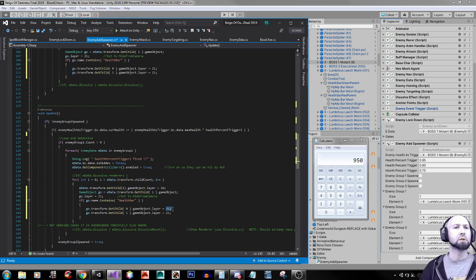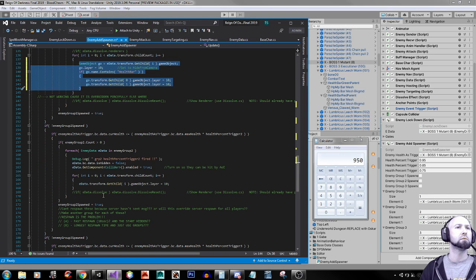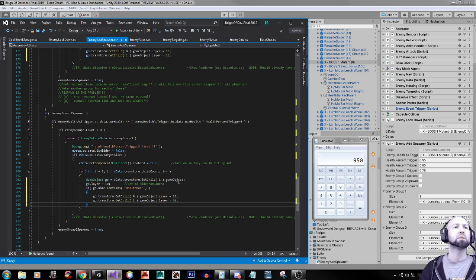I'll just copy that and paste that and paste that. Paste that. There we go. Copy that. Paste that. Paste that. And save. And then at the end it just says, okay, they've already been spawned, so that prevents